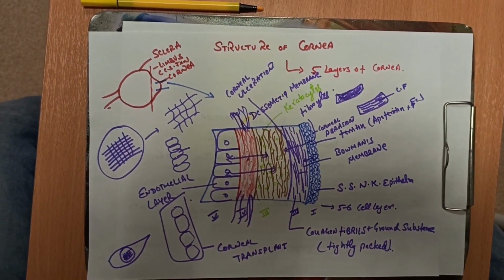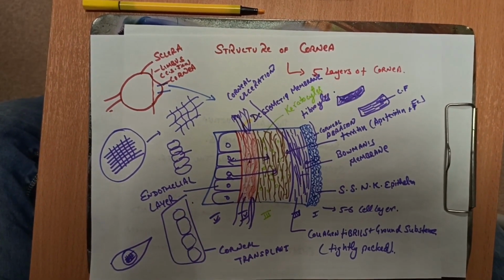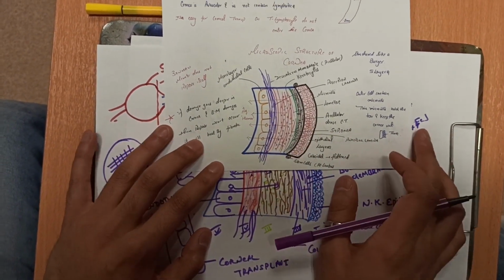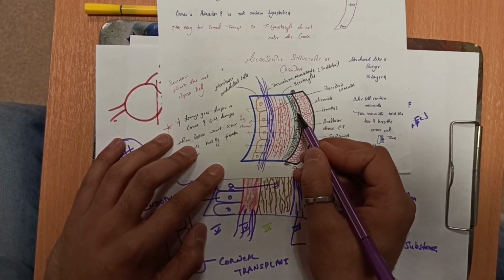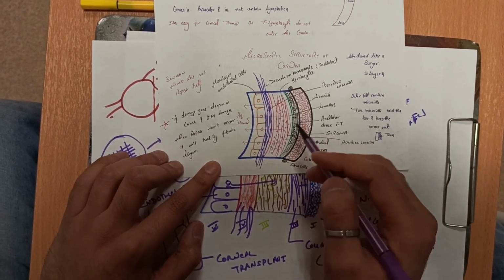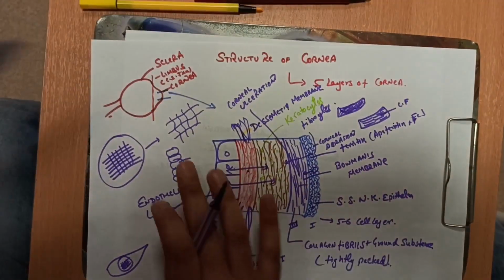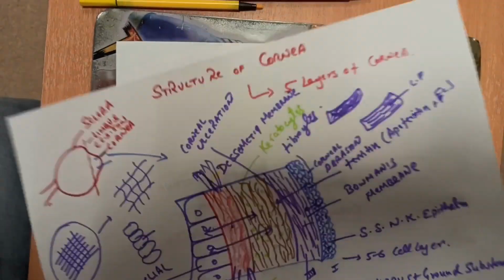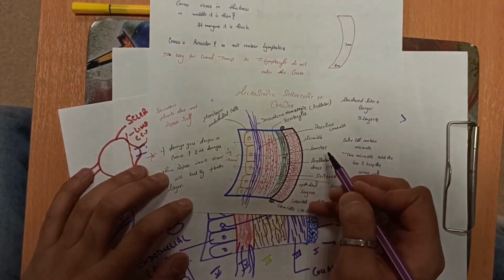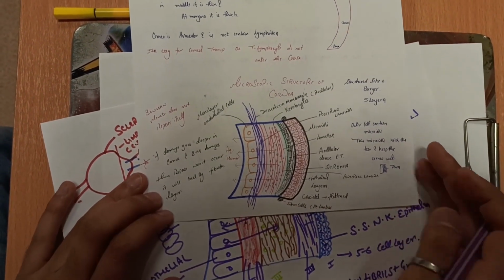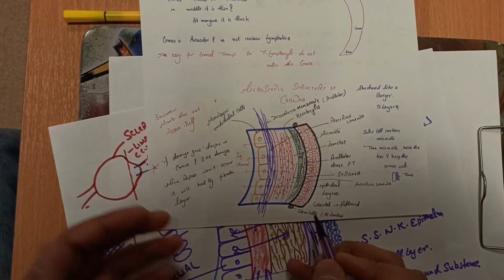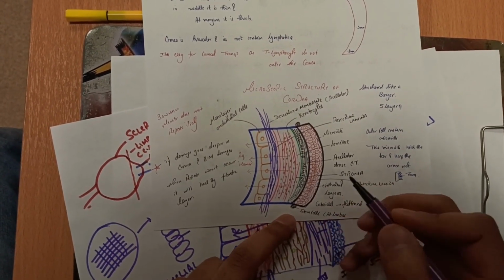Now I'll be showing you the exact diagram which I have been making. So guys, these were the 5 layers of the cornea. This is the epithelial layer, Bowman's layer, stroma, Descemet's membrane, and the endothelial layer. If I have forgotten to tell you some points, you can see from here. Here I have written everything. These are the microvilli, lamella, acellular, dense connective tissue, the stroma, the endothelial layer, and stem cells at the limbus, so that these can proliferate continuously.